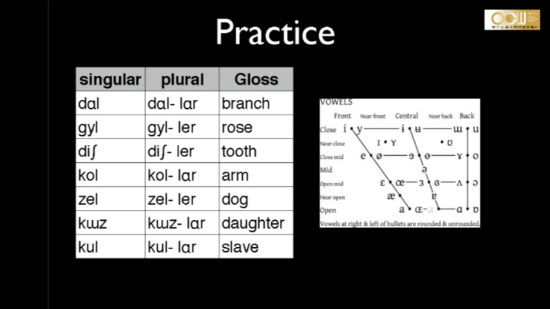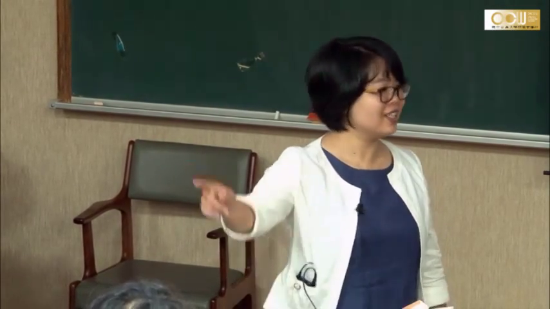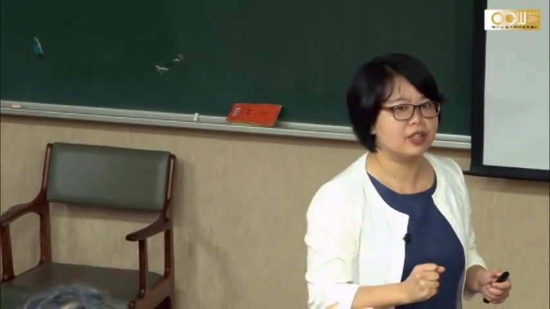And this is another practice. I think this is Turkish. And in the first column, you get the singular word. This dal means branch. And then, can you pronounce this? This is an IPA. G, and how do you pronounce this? Gül, gül, gül, gül. Yeah. So now, if you want to pluralize the word, in English you add your allomorphs. But in Turkish, there are actually two. I'm telling you this right now. Did you see there are actually two morphemes you can add to the singular to make it a plural? They are